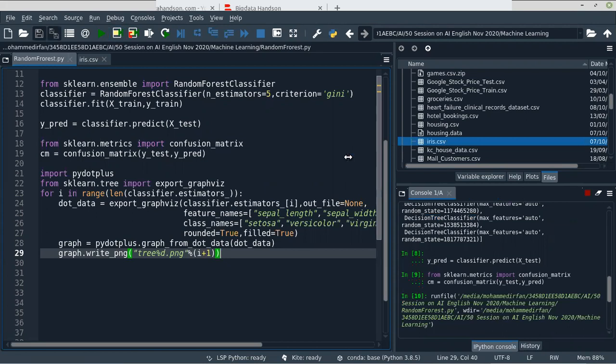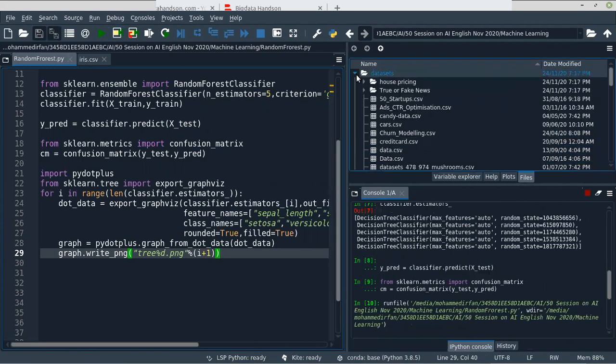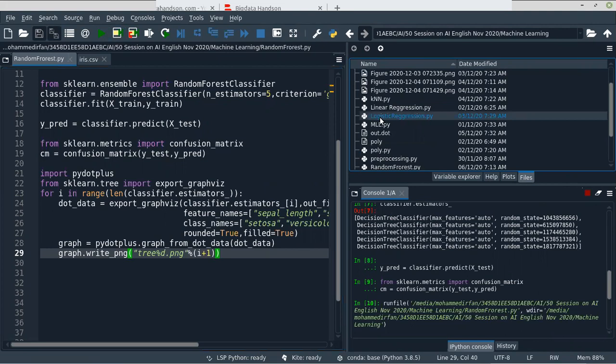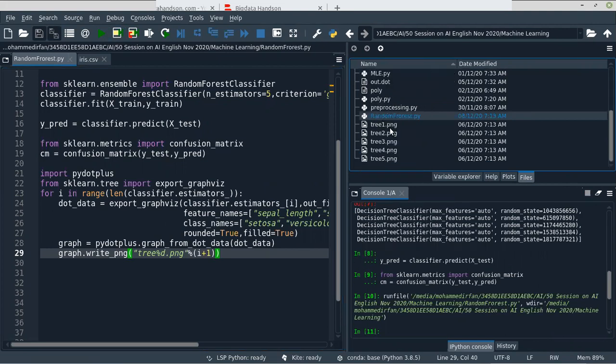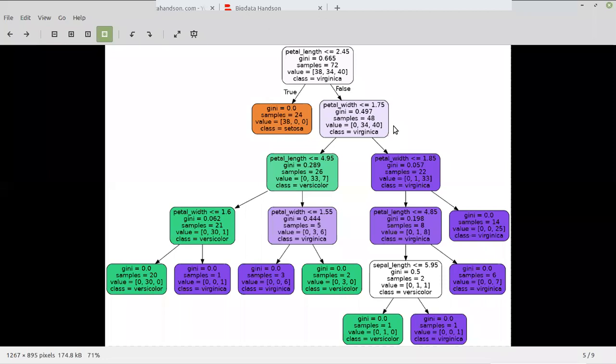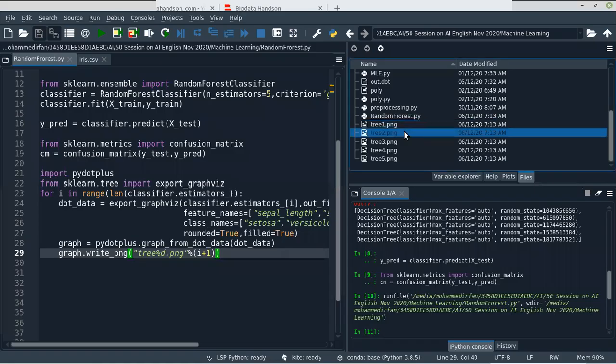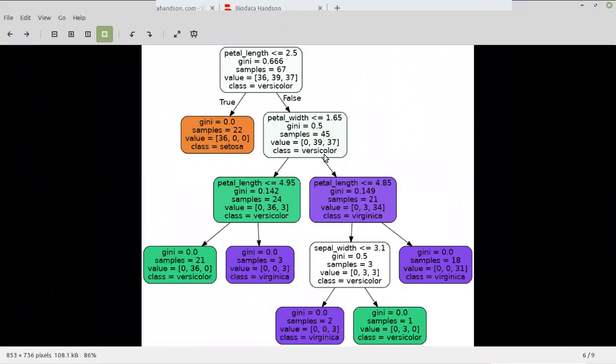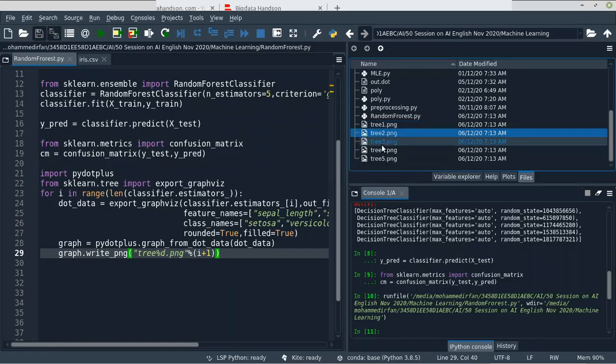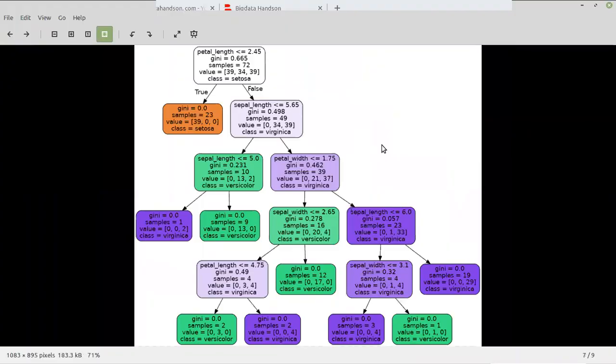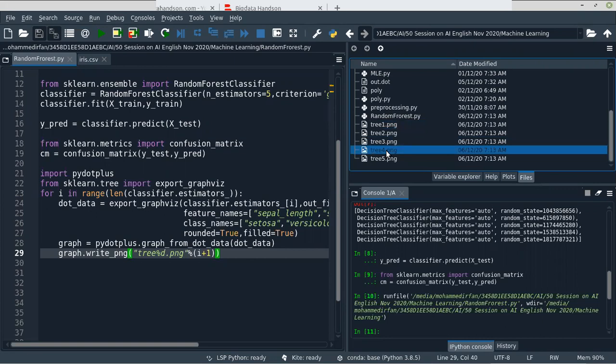If everything goes correct, then it will create 5 files here. Yeah, now we got the 5 trees. You can see each of the 5 trees is different from the others. Okay, the first tree is like this. I will open the next tree also. So here you can see it is different from the first one, right? Because it is constructed using the samples only, that's why.